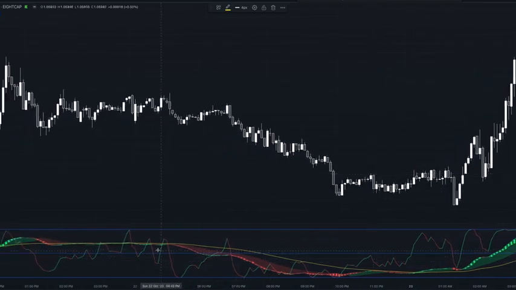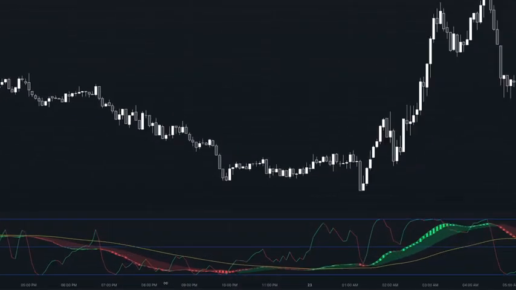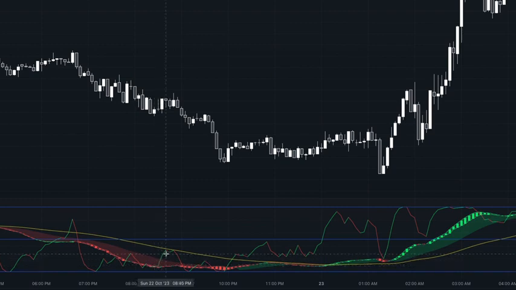Okay, so here we were in a downtrend, and you could see we closed above, but it went back under the delta right here, and so we would not be interested in taking a long there. Here we closed above, again it went back under the delta, so we're not interested in taking a long yet. What we're looking for is for this delta to start having a positive slope, which it starts to